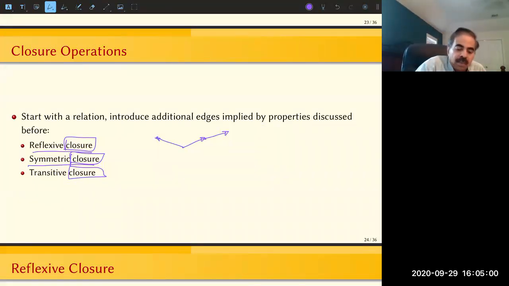Right, so we can apply these closures in different orders, and sometimes we get different results, and there are other times when you'll get the same result. Okay, so let's take, for instance,